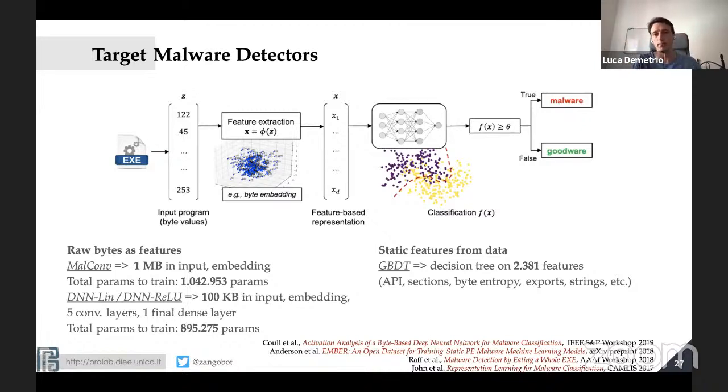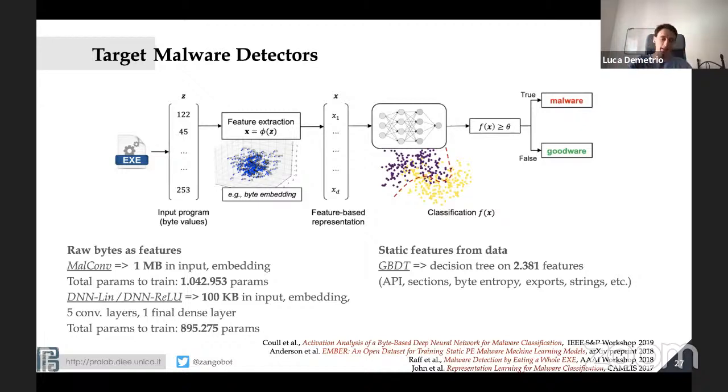an 8-dimensional embedding space. Then there is a notion of distance, and then you can do training and gradients and whatever. Then another architecture, which we call DNN lean or ReLU, depending on the activation function they're using, is a bit smaller because they only take 100 kilobytes in input.